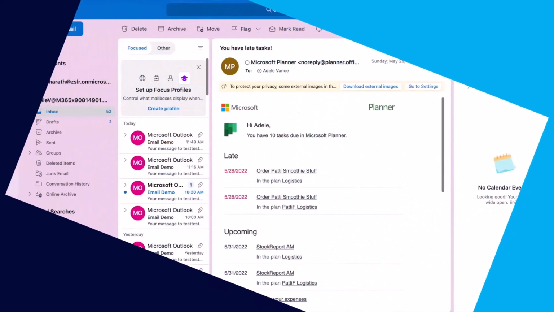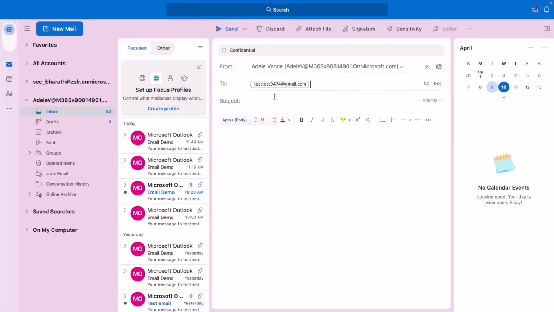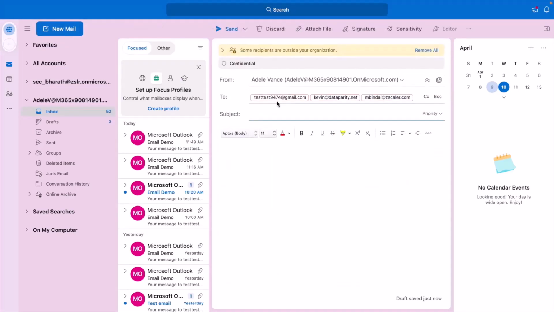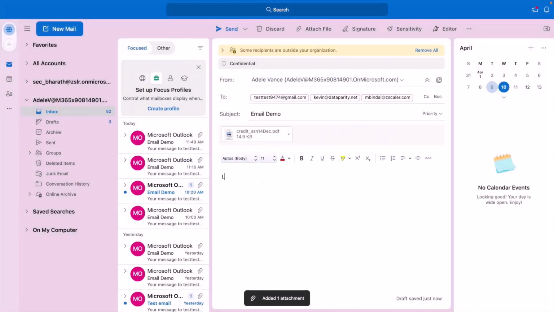In this video, we'll be looking at the new SMTP proxy solution for email DLP. In this case, you can see we are sending a test email to 3 different domains. One is an internal, one is partner, and other is an external domain. This email would go through the SMTP proxy. The email would be scanned there, and based on the policies that we have created, it would take an action